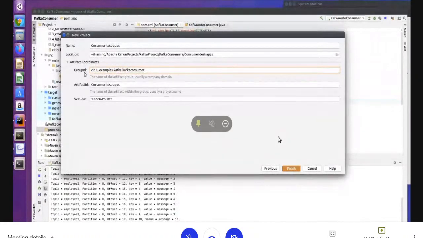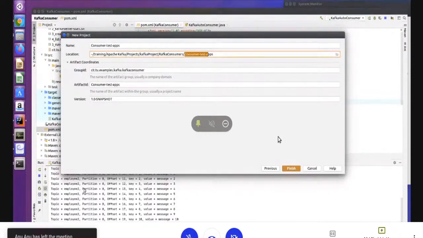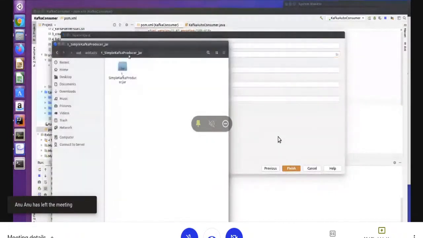You can give your group ID whatever you want. I'm giving it like this, and the artifact ID is this, and my Kafka consumers group ID. You can give whatever you want. And this is the location where it will be created, inside my Kafka consumers.